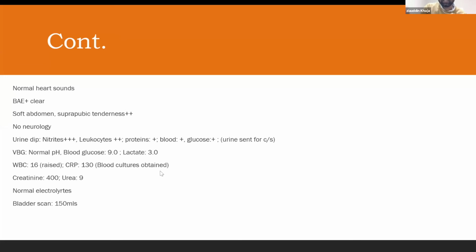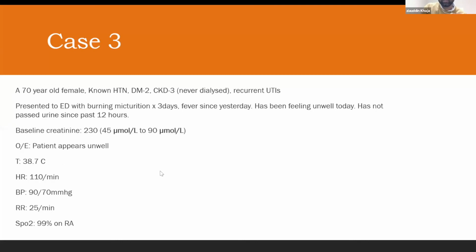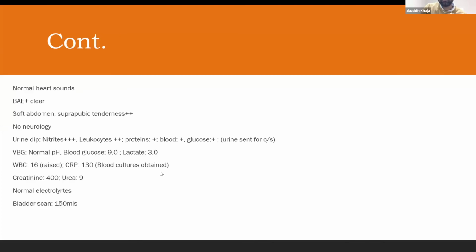So, thinking about the KDIGO classification, what do you think? Is it stage 1, stage 2, stage 3? So let's say roughly, their baseline was 200, and now it's become 400. So it's increased about 2 times. Right. So this is AKI on top of CKD, and then a urea of 9,